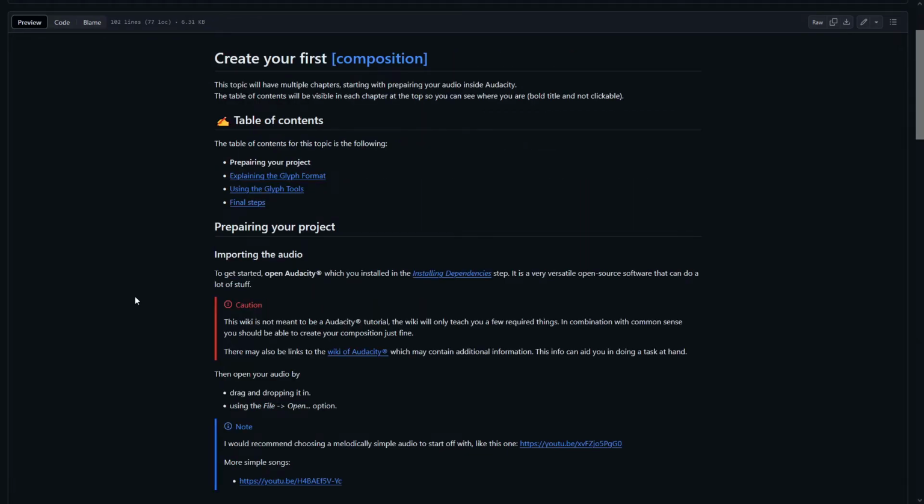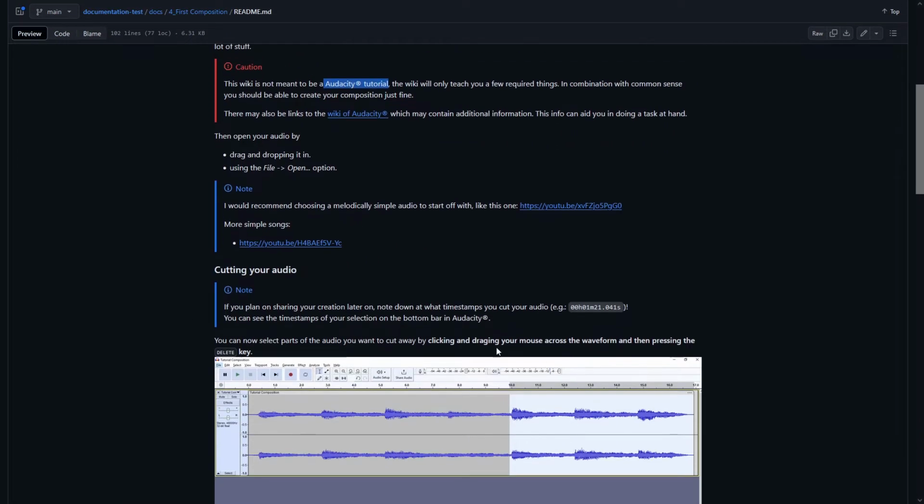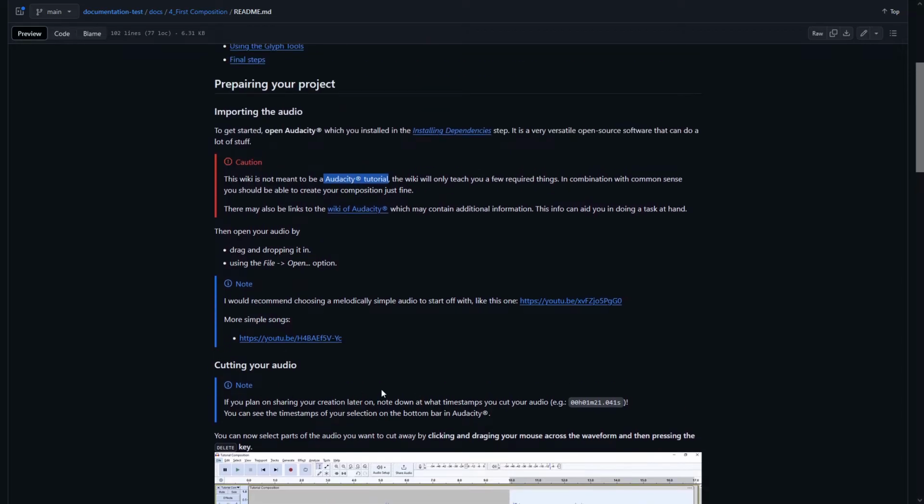First of all, this wiki and this video is not meant to be an Audacity tutorial. If you want to know more, you can access the wiki of Audacity itself right here. And there will also be small links to relevant pages of the wiki from Audacity inside this wiki. So first,